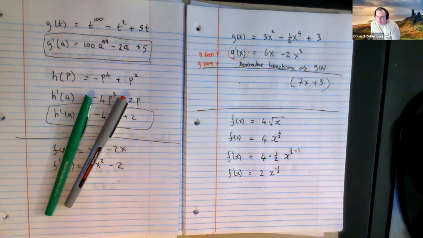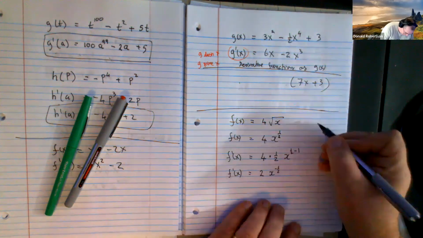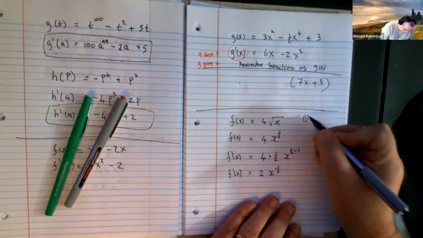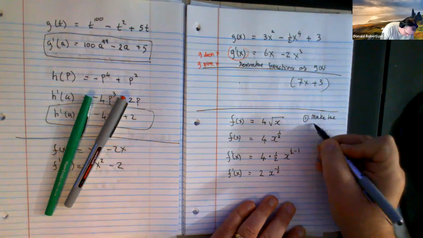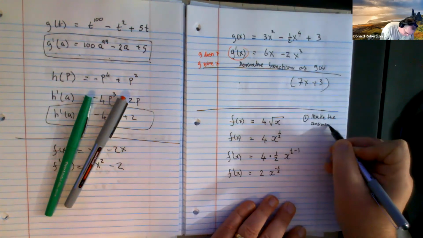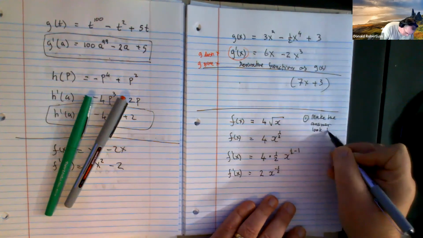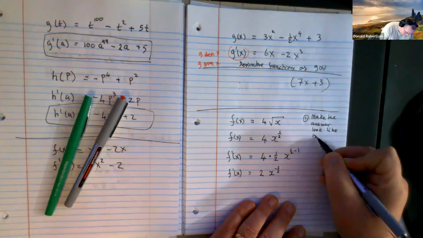Are you comfortable with how I found the derivative? Still using the power rule. Now we're going to do a thing that I call style points. Style points is we want you to write the answer in a way that everybody agrees is the best way to write an answer. The first major rule is make the answer look like the original